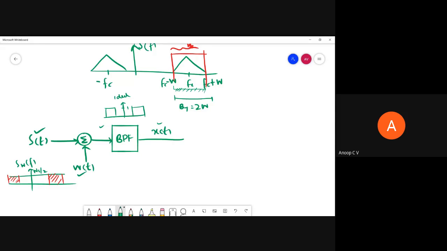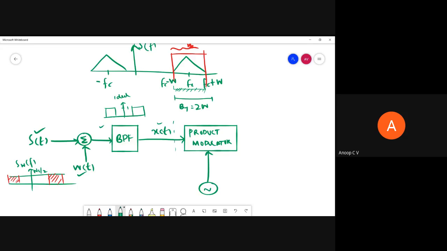So this X of t is there. Initially at the front end we are band pass filtering. Then we have to give it to a coherent detector. The coherent detector will have a product modulator. A product modulator takes two signals as input. The first one is X of t and the other one is